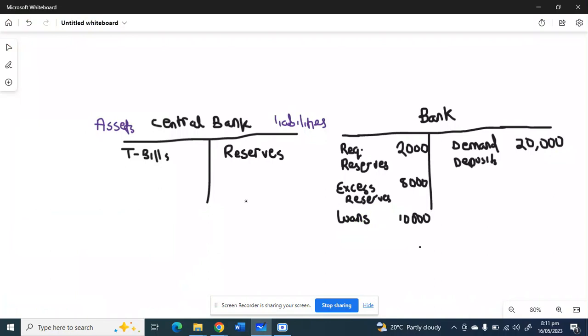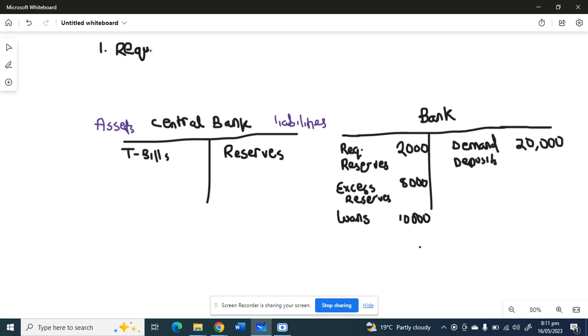Yes, monetary policy: how the central bank influences the economy through the money supply. Remember, it's the central bank of every nation that prints the money, right? So the central bank has three tools it uses for monetary policy. The first tool is the required reserve ratio,